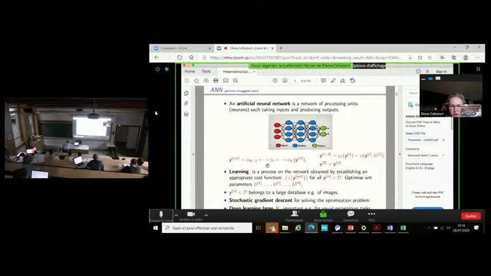I will start with an introduction. I hope I'm not offending anybody by including it. It's more a setup of the notation that I'm using than anything else. So we are considering artificial neural networks, which are often depicted with the following diagrams.